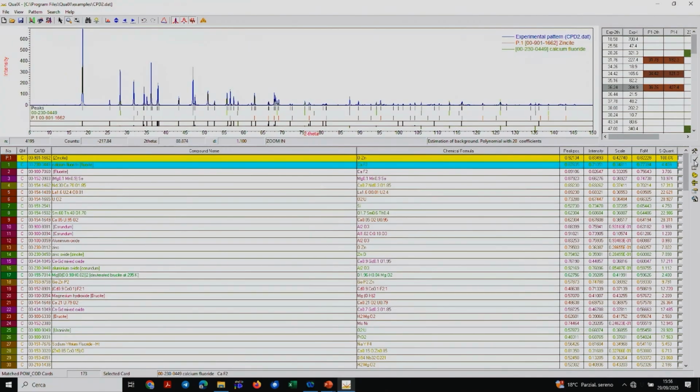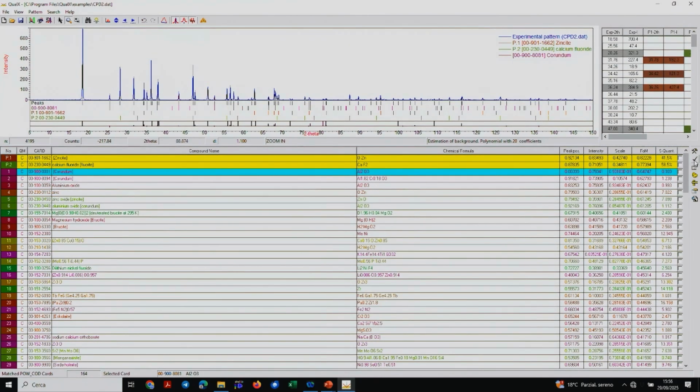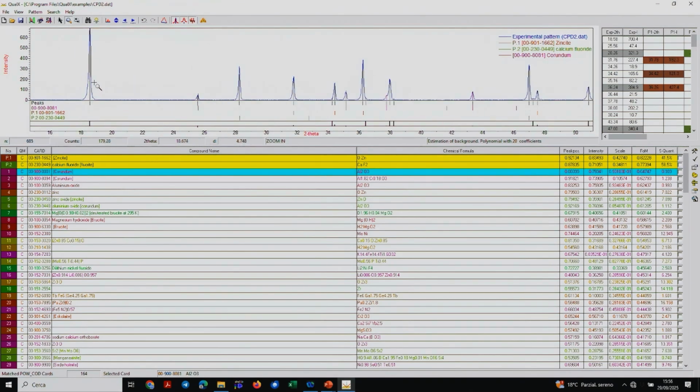And calcium chloride, and you can zoom in to see that some peaks are justified by the first two phases, but some others are still a difference. So the black lines are the difference. So I need to